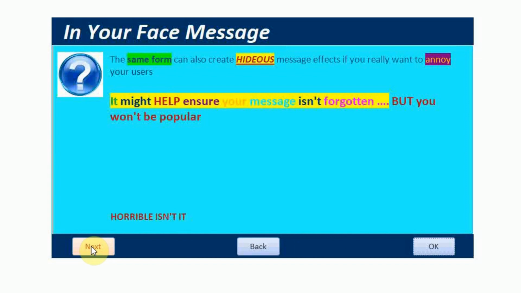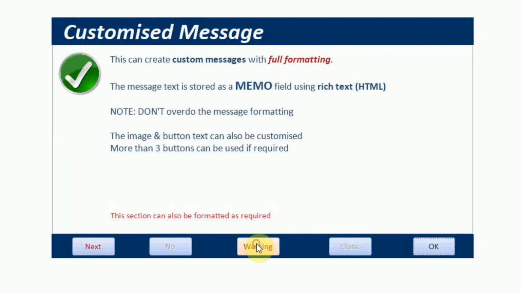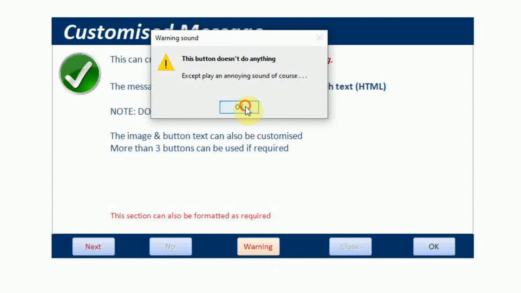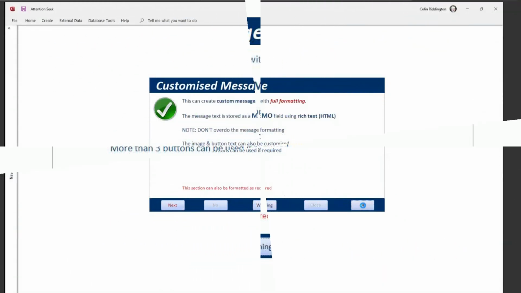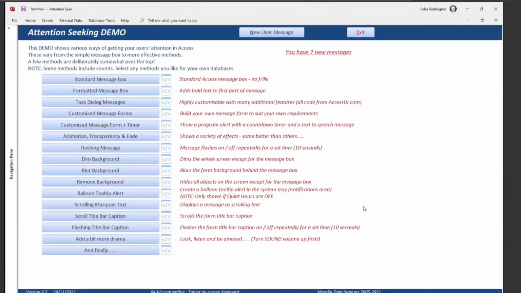If I click on the next one here, you can really overdo it. And that is the sort of thing that kids love when they're doing PowerPoint, and it looks hideous. Right, so don't do that. This is about to play a sound. And that was a buzzer sound there. You can alert your users. You can do as much as you like with that, and I'm going to show you the same form in different ways later here. Hopefully you will hear the next thing.